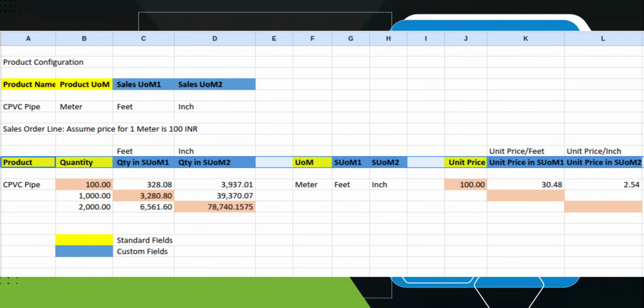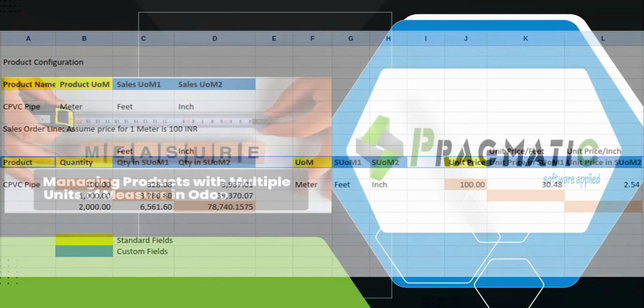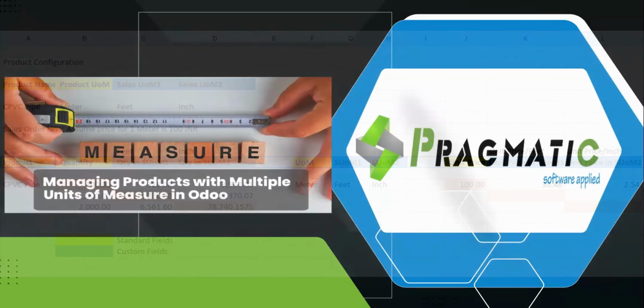For example, a plastic pipe manufacturing company might purchase and manufacture in meters, but the customer may request the product in feet or inches. Let's assume the customer asks for 10 feet of product. With the help of this module, the salesperson can simply put the 10 feet quantity in the system and the system will automatically calculate it in meters and inches if given, while ensuring the inventory and billing remain in a single base unit of measure. This module is specifically designed in the sales part to manage the sale orders. So let's get into the module.